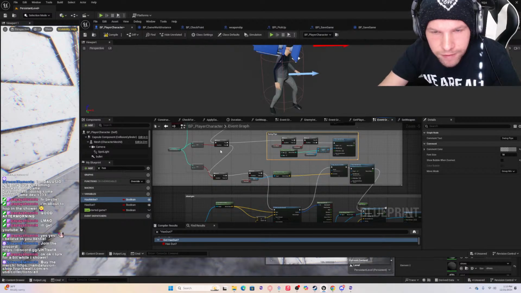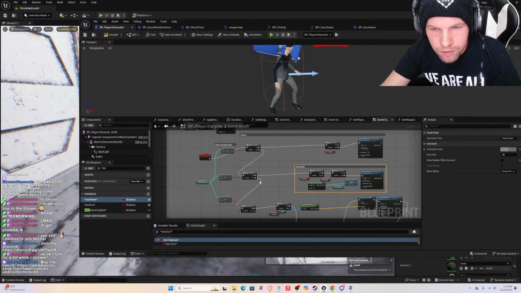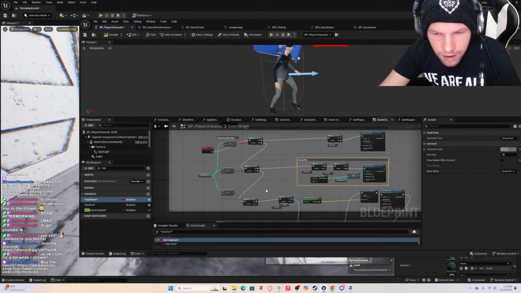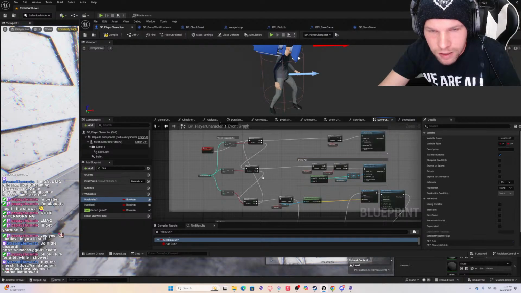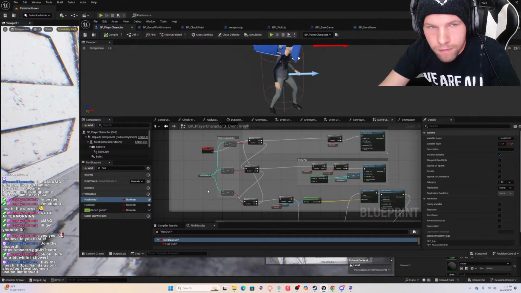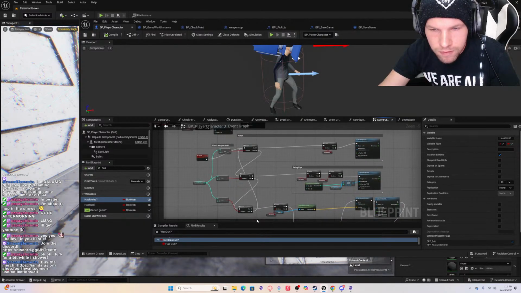And then if it's not set to 1, it checks if it is 2. And then I think what I want to do, will this break it? That should be fine. So if it's false,